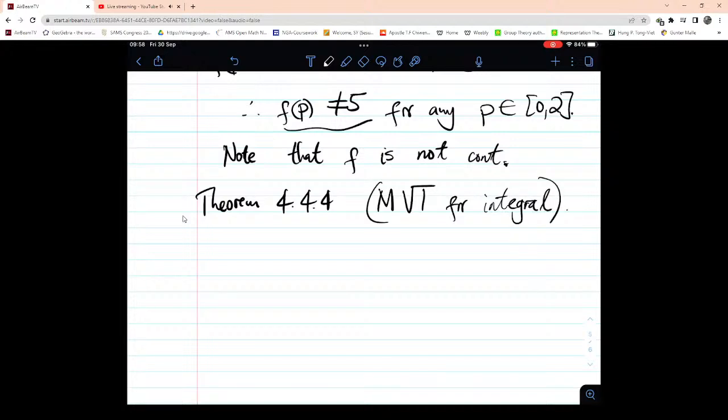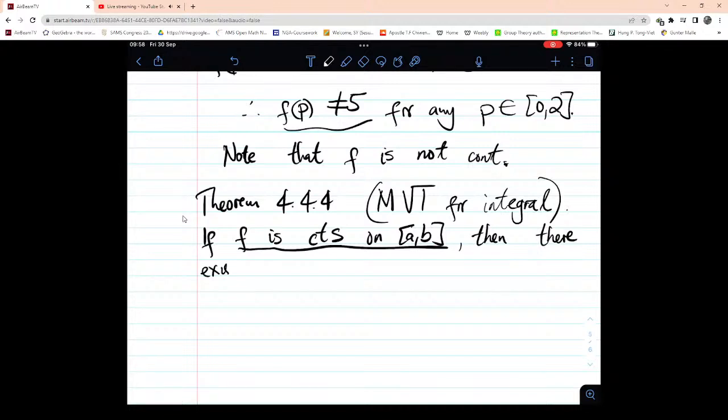You should remember the one for the derivative, because we need to use it in this, and it's in the appendix of the book, so you can go and check it out. Well, I'll probably write it soon. So if f is continuous on [a, b], that is important if you want to use this theorem, then